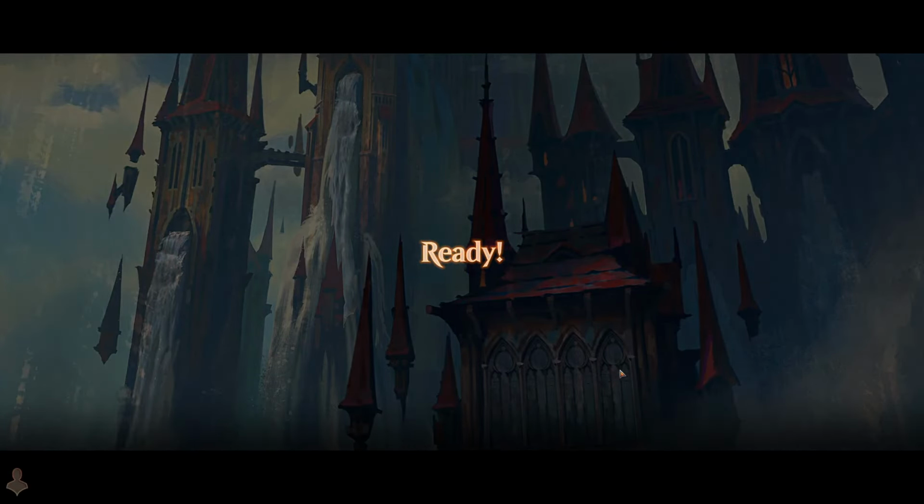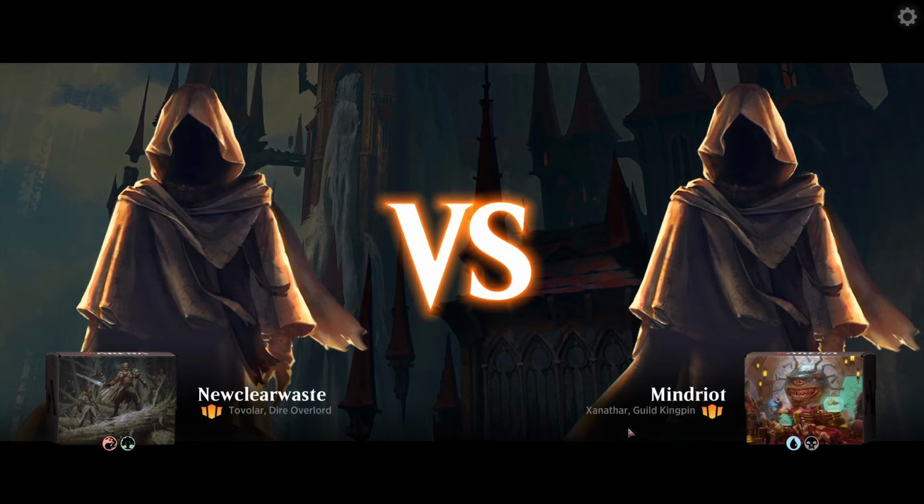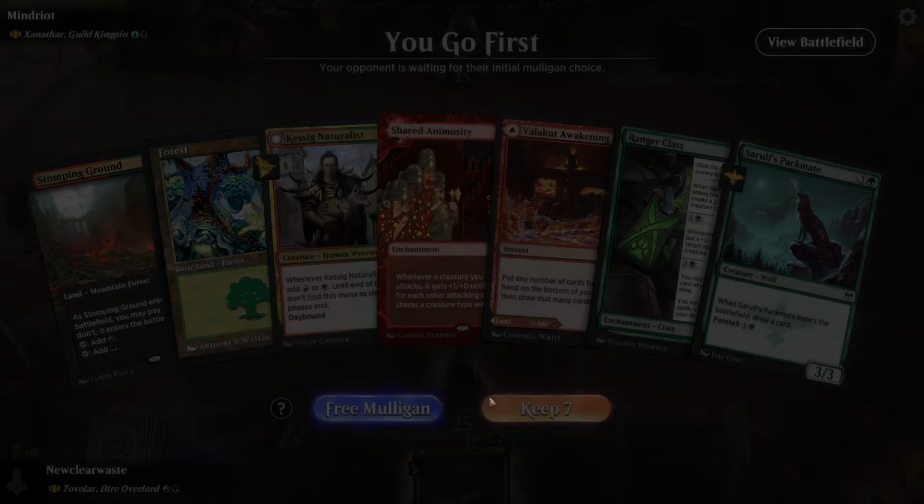Oh wow, that was quick. We got right into a game. That was fast. Xanathar. Okay. Well, we got Gruul versus Dimir, so...